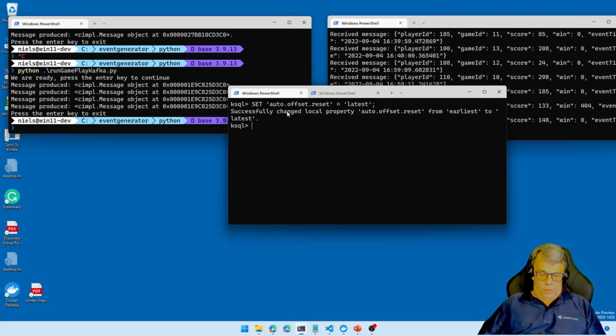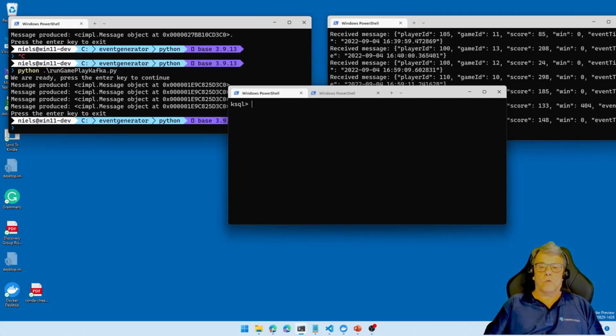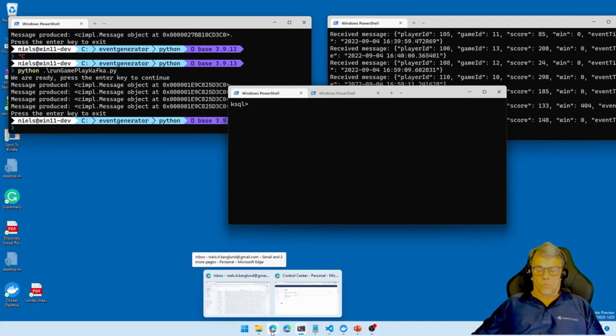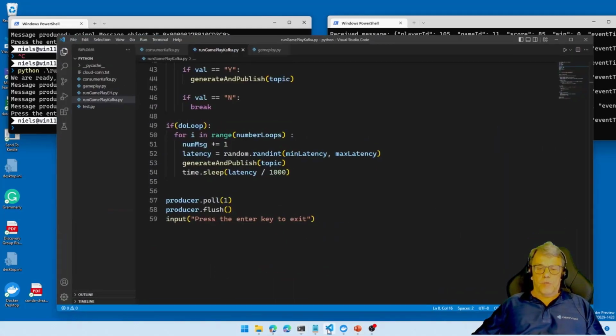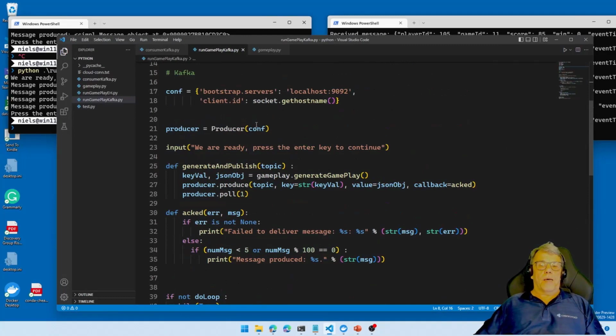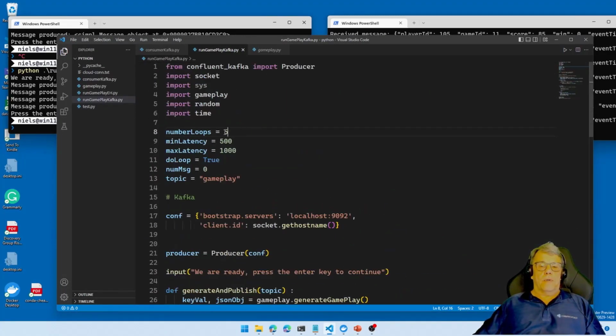Clear out. And now let's change a little bit in the configuration. So let's say that we want to do 50. We want to generate 50 events. So we change that to 50.